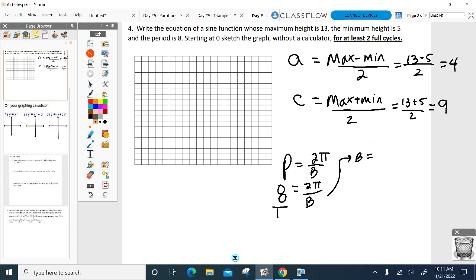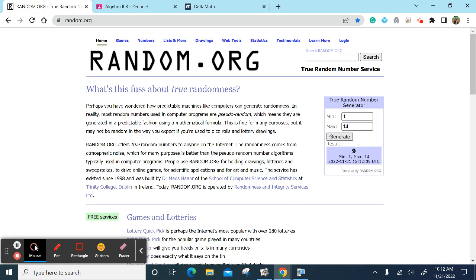Would it be the same if you did 16? Because it's like 2 full cycles? No. What do you mean for? That's what we're going to graph. It takes 8 to make 1 full cycle. That's why I'm using 8. I don't want to use 16 because that's a totally different frequency. So you cross multiply, divide both sides by 8. Your B value will be